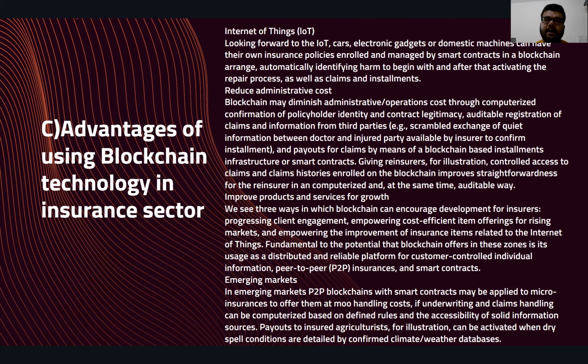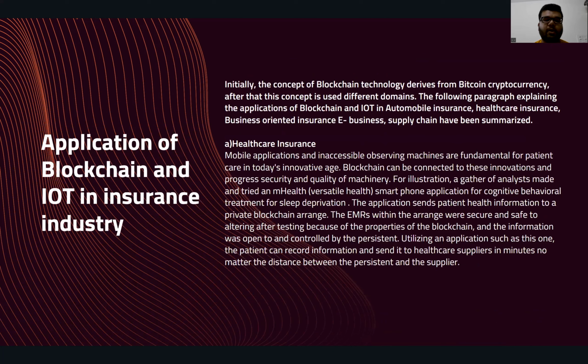Emerging markets. In emerging markets, P2P blockchain with smart contracts may be applied to micro insurances to offer them at lower handling cost if underwriting and claims handling can be automated based on defined rules and availability of solid information sources. Payouts to insured agriculturists, for example, can be triggered when conditions are reported by verified climate and weather databases. So moving on to the next slide, we'll be talking about application of blockchain and IoT